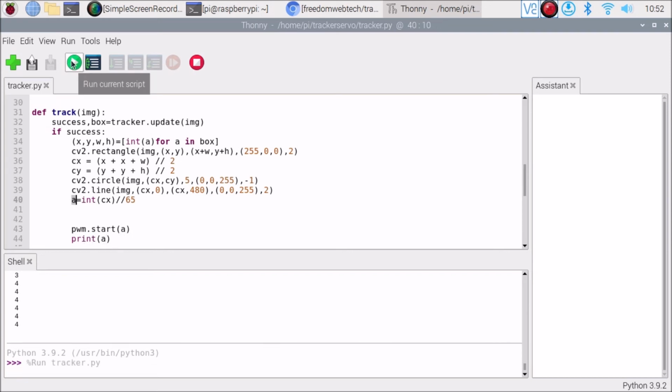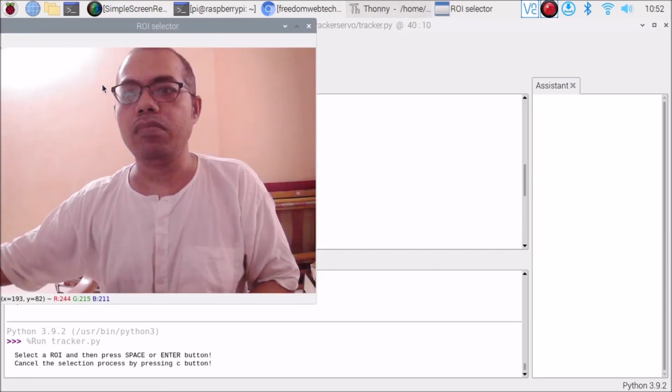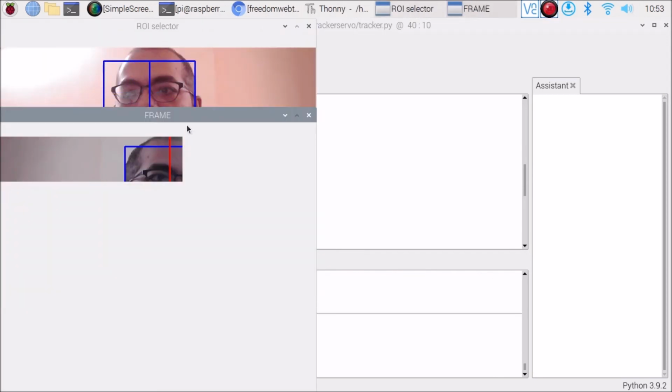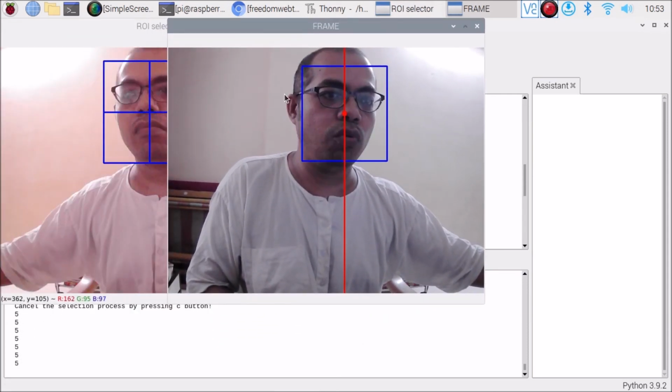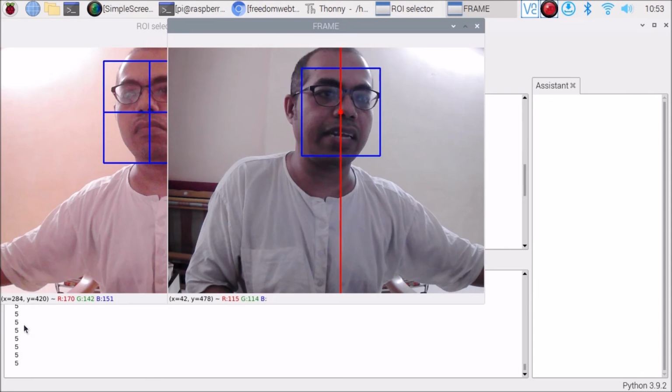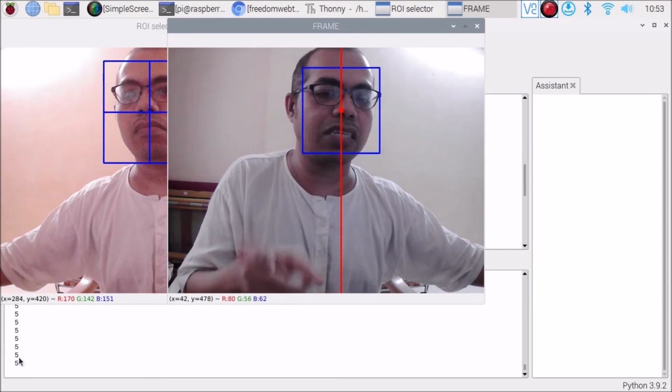Now if I start the code again, select the object, hit enter, and as you can see, now my face is at the center, the range is 5, and of course I can see the servo is moving.